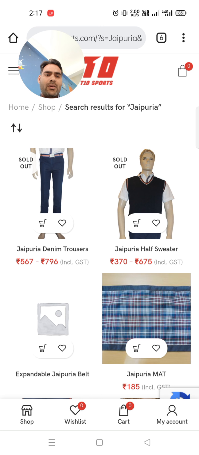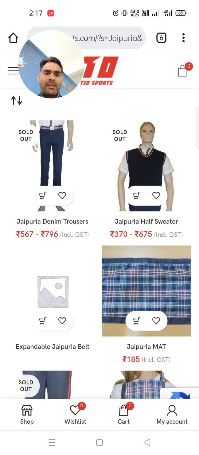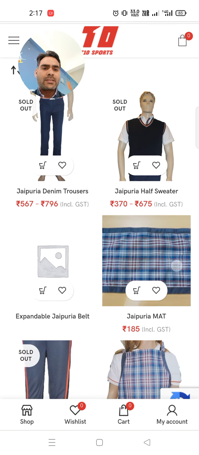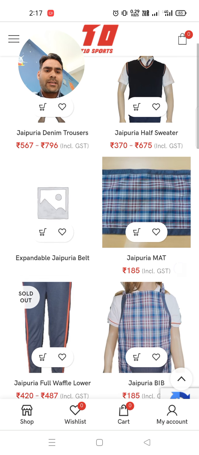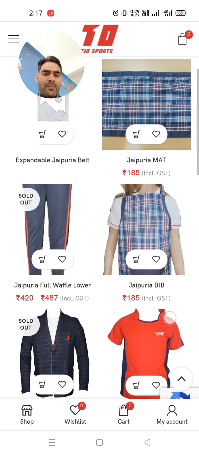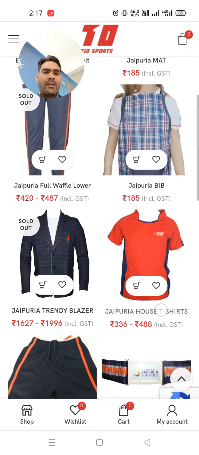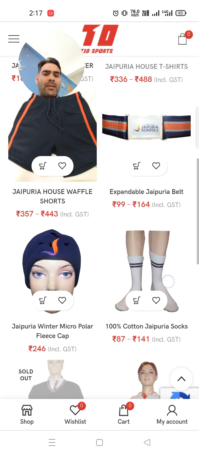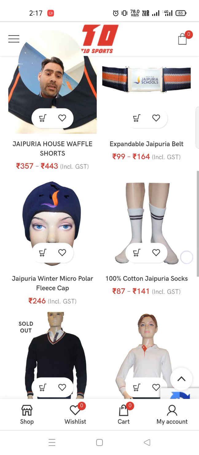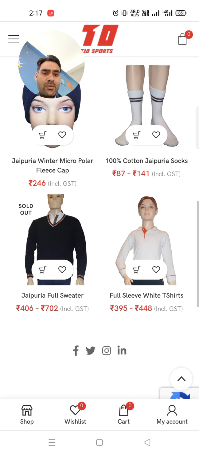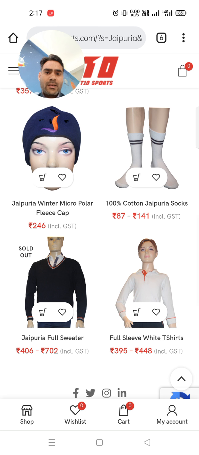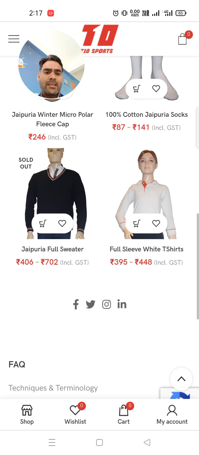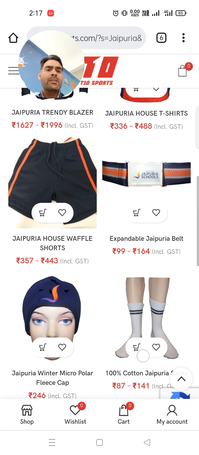Now you can see all these things available. The students' trousers, then the sweaters, the apron, house uniform, trousers, jackets, belt, socks, and cap are also available. Whatever we need is available here.